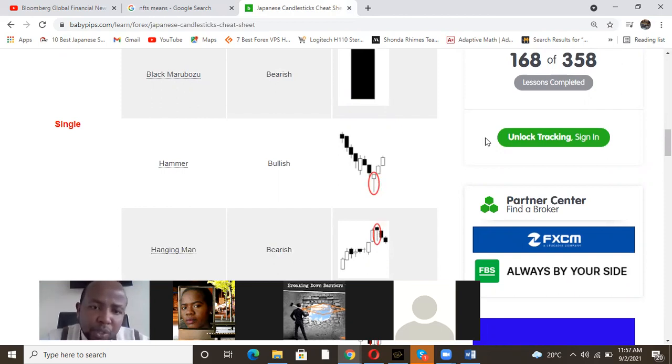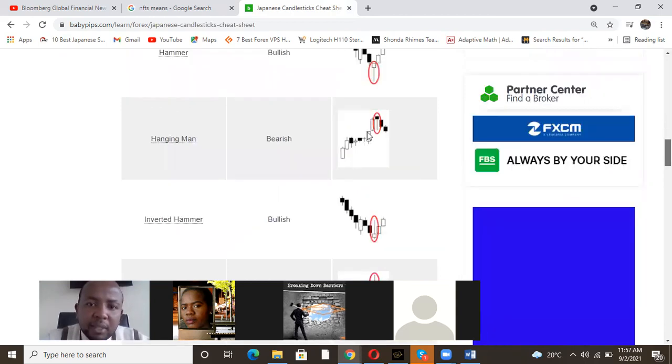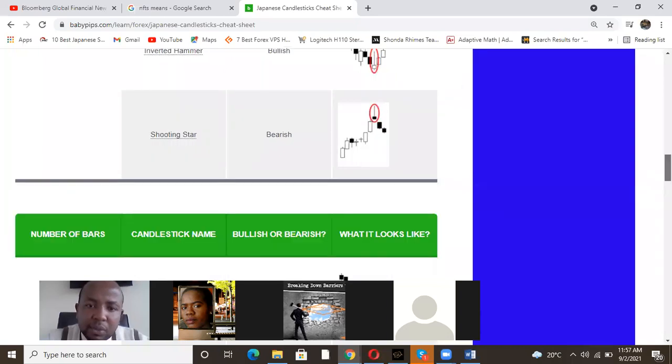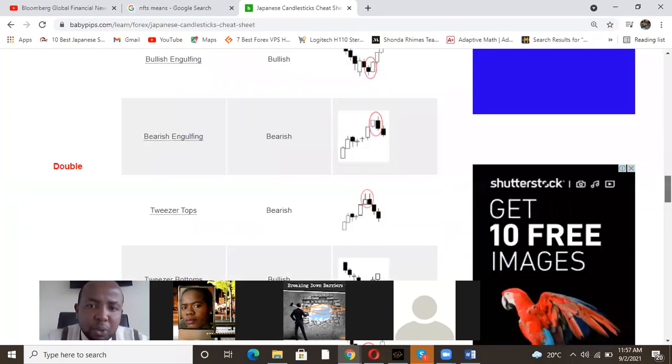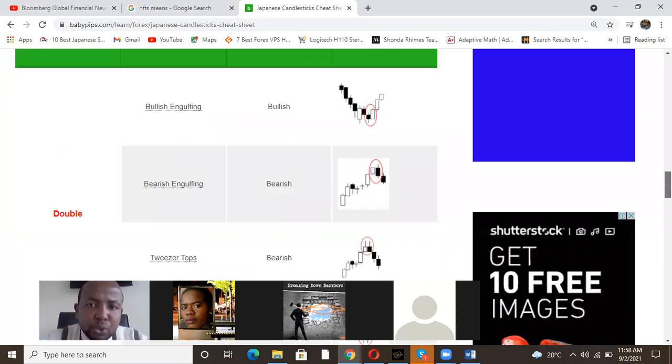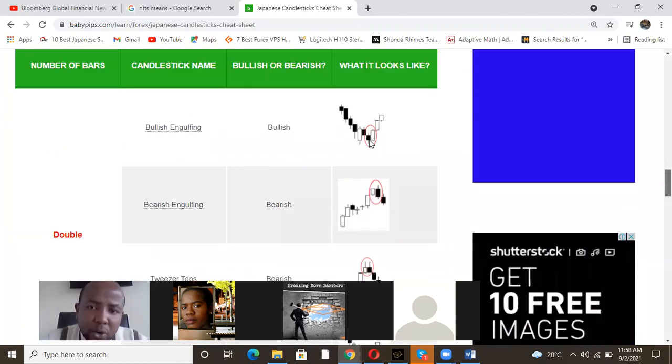This is called a hanging man. The market was going up, then came down. You have an inverted hammer, the market was going down, then went up. On these candlesticks, we have a manual. I'm going to give it to you on the group. We have an engulfing. That means the candle opened at the same point. The closing of this bear candle was the opening of the buyers' candle. So this means there was a reversal.